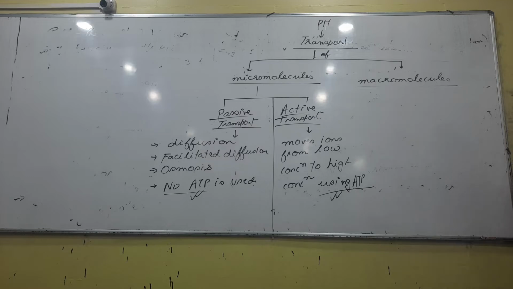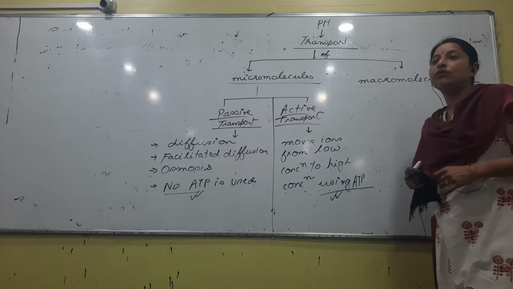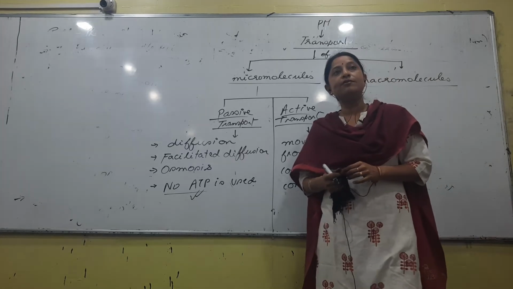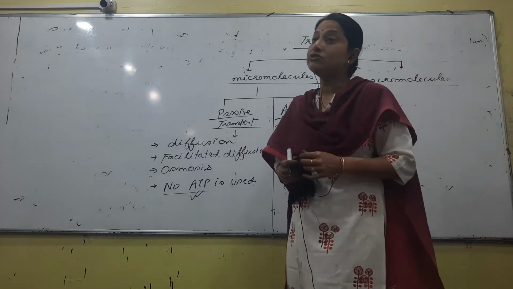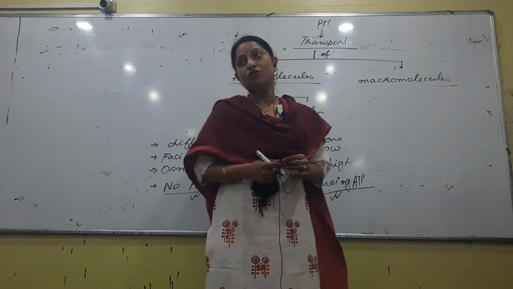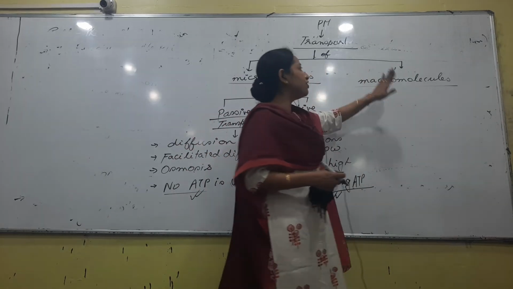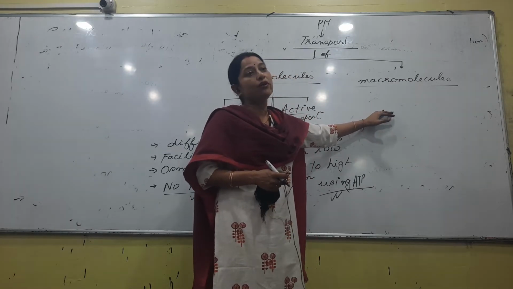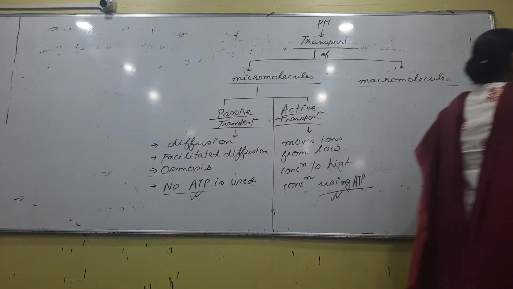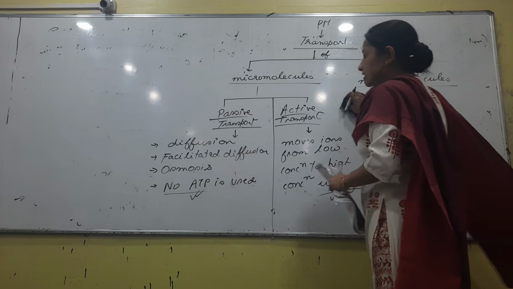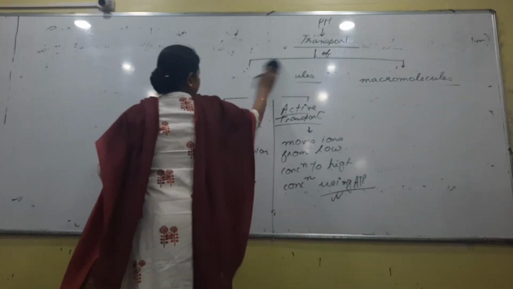If you have studied transport in plants, then there is a word translocation, right? So what happens inside plant cells is a process called translocation. What is translocation? Movement of molecules or ions in a huge amount. So whenever we talk about translocation we use the word bulk movement. Now, how does this transport of macromolecules happen in bulk? So we can also use the word bulk movement or bulk transport. I will erase this, you continue from here.